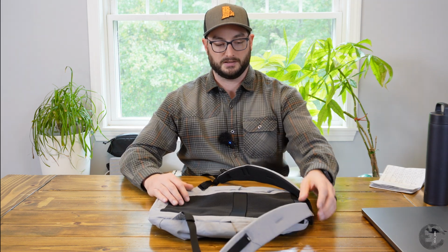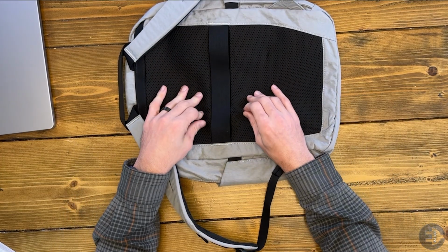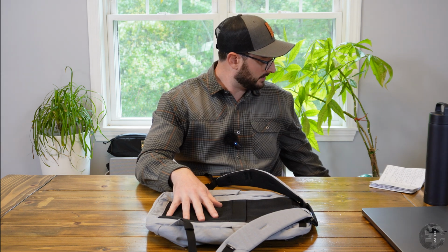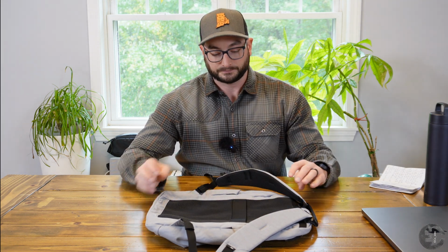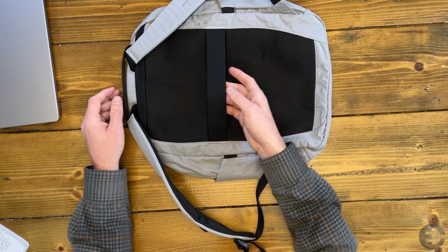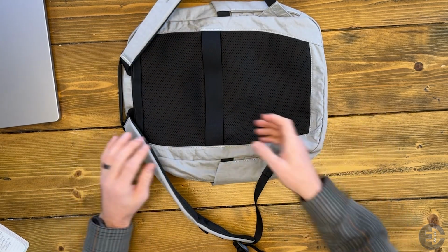Taking a look at the harness system and the back panel, we can see here that there is a nice thick mesh. There's also a bit of foam in there, making this way comfier than the bags down here. With the exception of the EDX, I will say the EDX is fairly comfortable even though there's less foam and less padding. We have a vertical luggage pass-through. Nice touch. It is a little loose and flappy, but once you get some things in here, this sort of fills out a little bit more and doesn't become so,